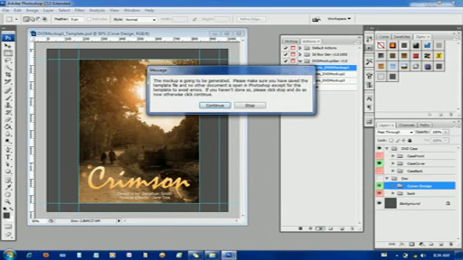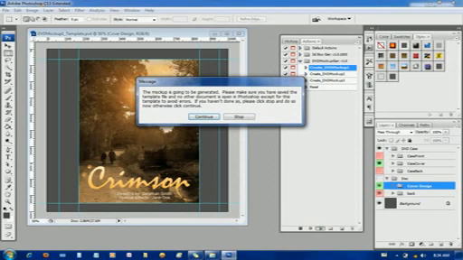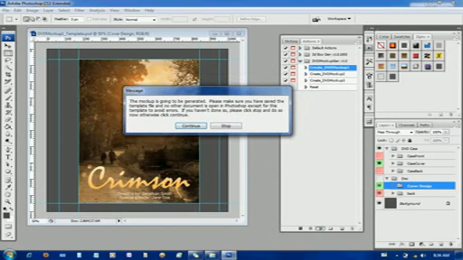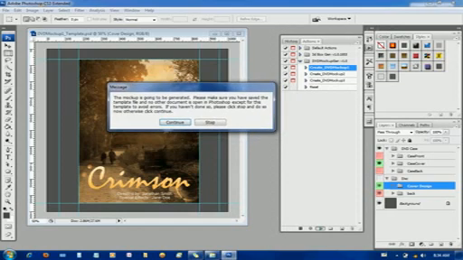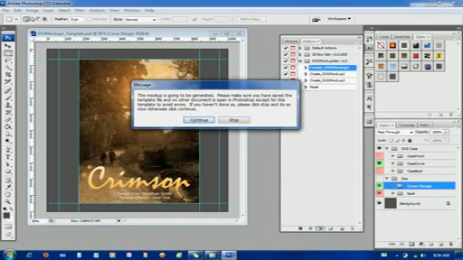So the first thing that pops up is this dialogue. Nothing to worry about really. It's just reminding you that you have to save your template before you run the action, just in case something goes wrong. Although it's unlikely that something will go wrong, but you know, things happen. So just to be safe, you have to save your template before you run the action. Okay, so now since we didn't do any customization, we can just go ahead and click on continue for this,